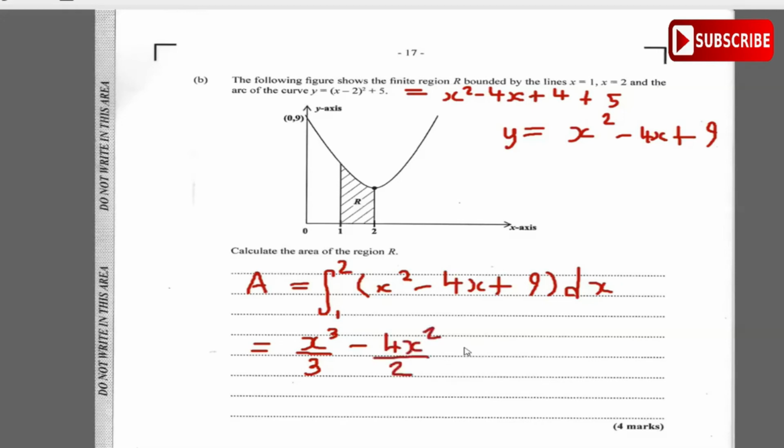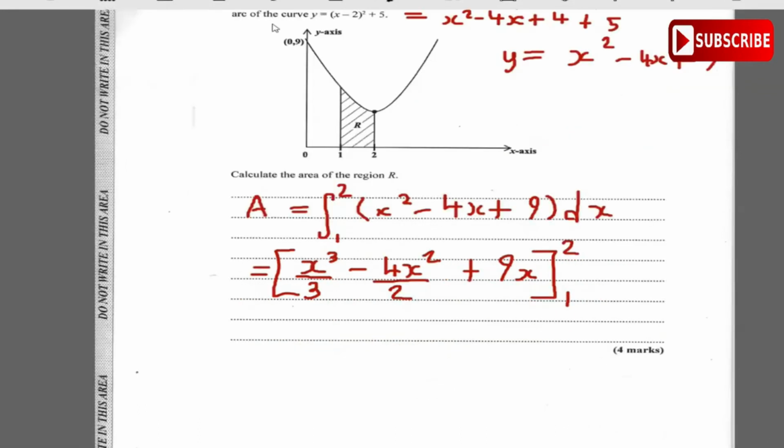plus 9x. And we're integrating from 1 to 2. So let's go ahead and knock ourselves out with this nice question. Plug in 2 first. Plugging in 2, we get 2 cubed, which is 8, so 8 over 3, minus,